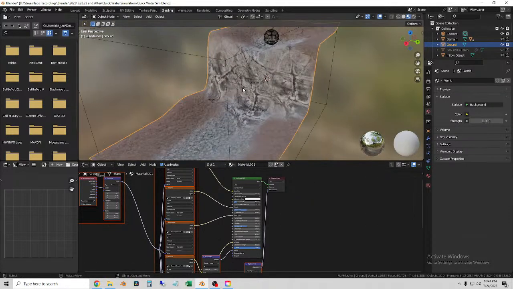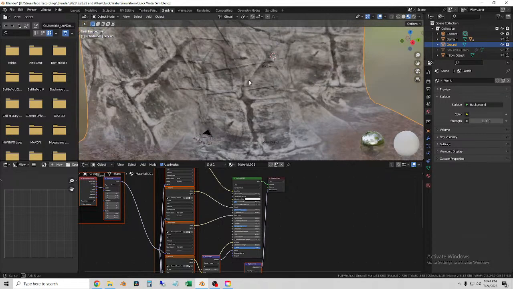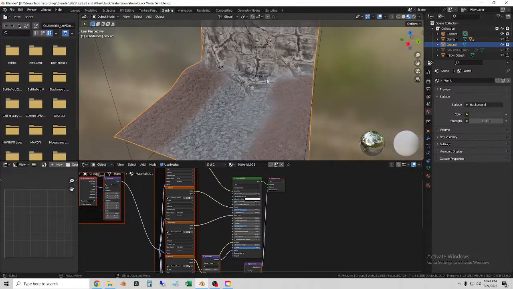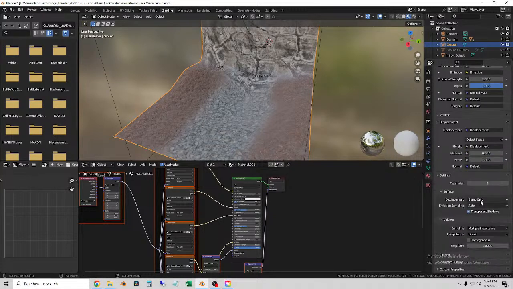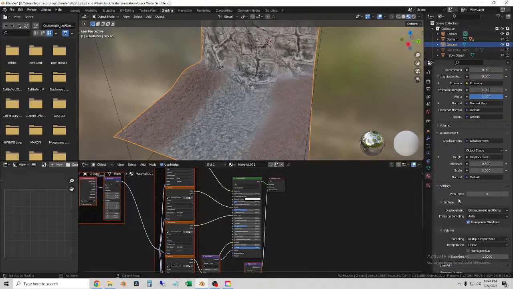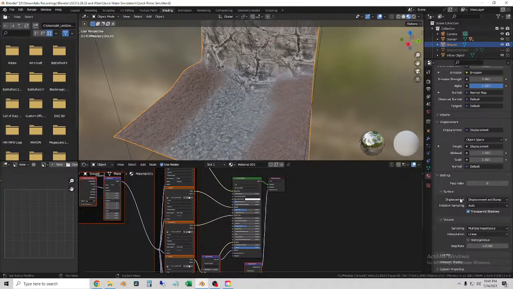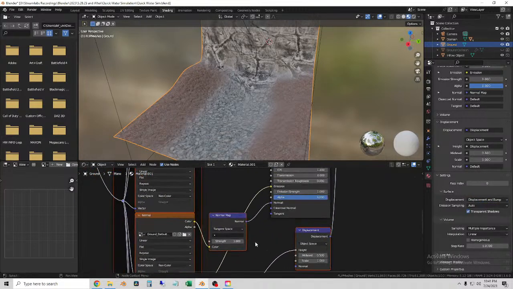Okay, so one thing to know is the displacement won't probably show up properly yet. So we need to enable it in our material settings. So we want displacement and bump. And that's under settings in the materials, under this material, and just this displacement option. Okay, so if I come in here